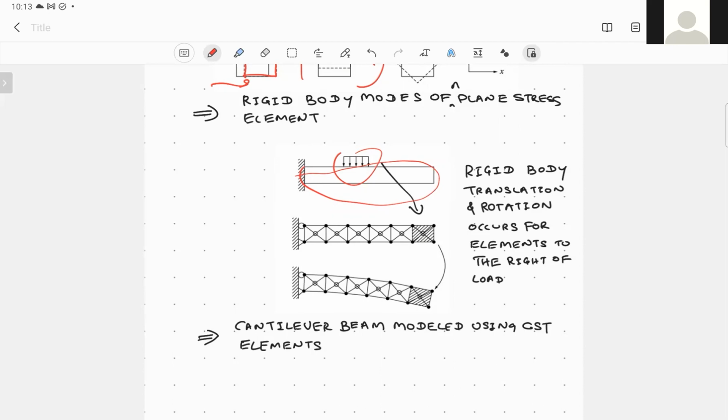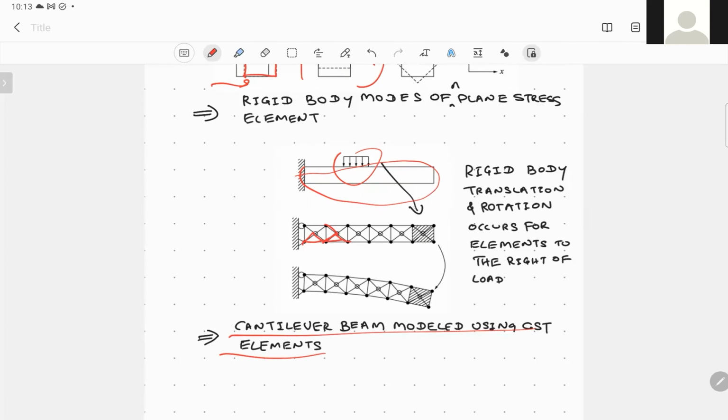So what we do now is, you can see how this problem has been segmented into constant triangular elements. You would see that in this cantilever beam, some portions